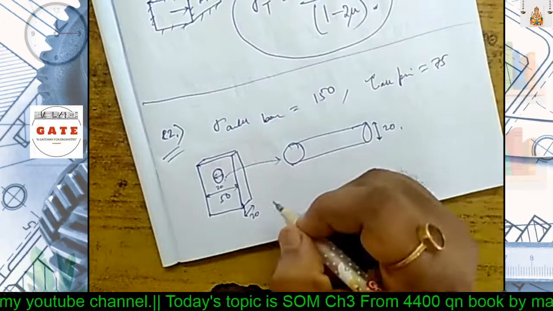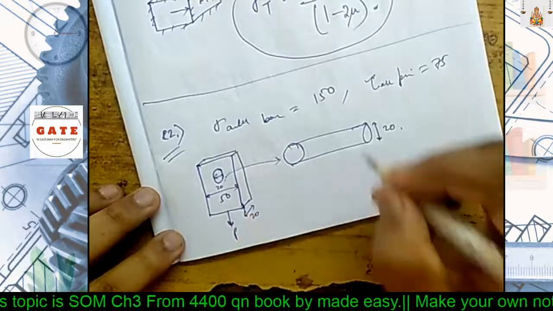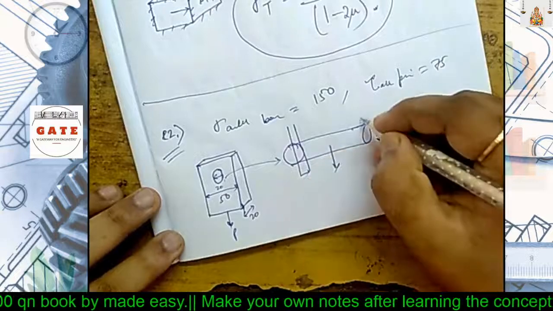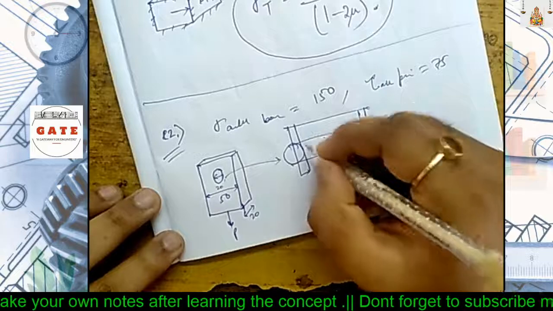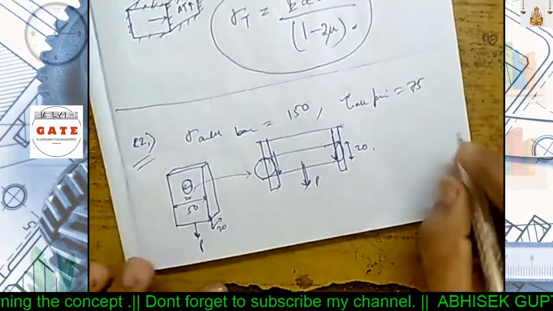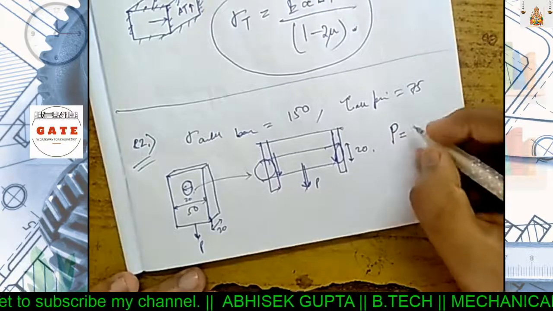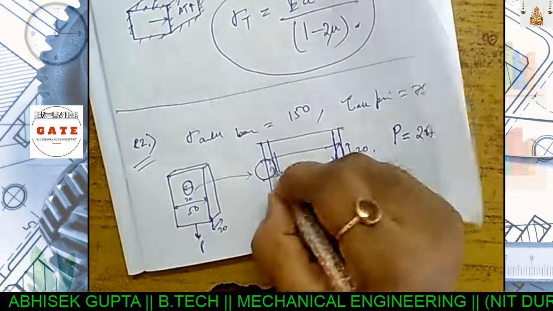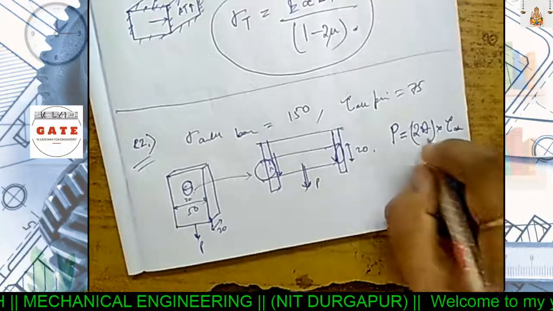See, question number 82. Now we have to find the allowable load. Load is here acting P. So here also P. See here the pin is supported with the two hanging walls. Okay. So when P is applied, the shear stress will act in this wall and in this wall. Okay. So for pin, the load will be given as stress into area. So area will be 2 times because here 1, here 1. So 2 area into tau allowable for the pin.